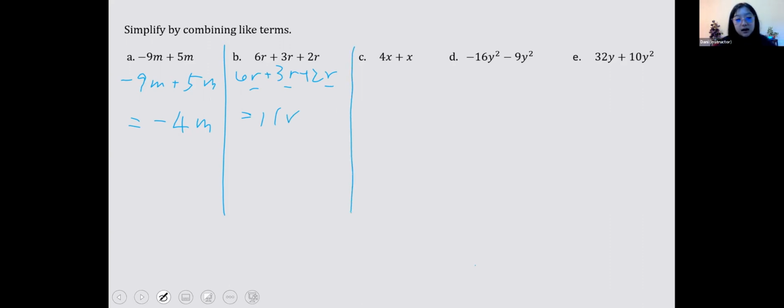Okay. And here, this is 4x plus x. The x is essentially 1x because from the identity